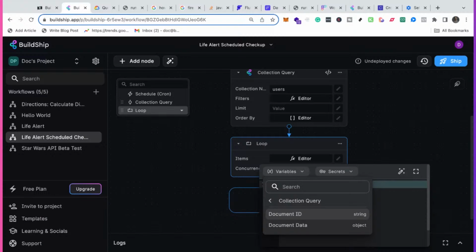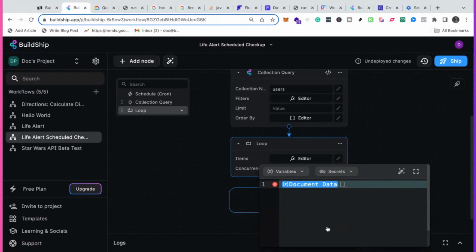And that would be the document data, to be able to grab all that information. So we can go deeper. Yeah, we can click on that document data, and then we need to remove the square brackets. I think the square brackets shouldn't be there. So we can remove that square bracket. And then if we click away,